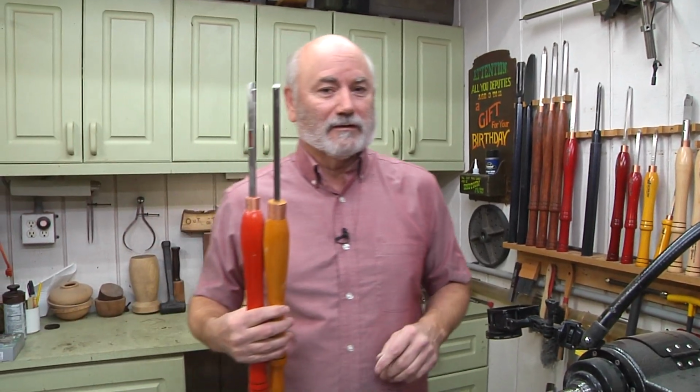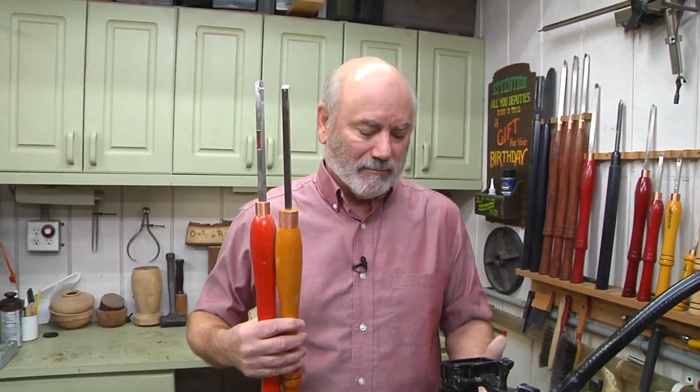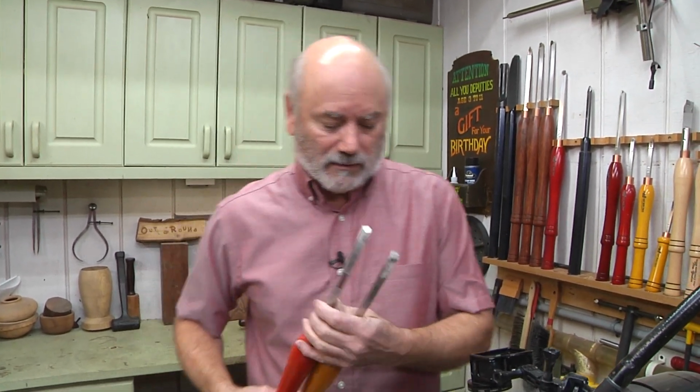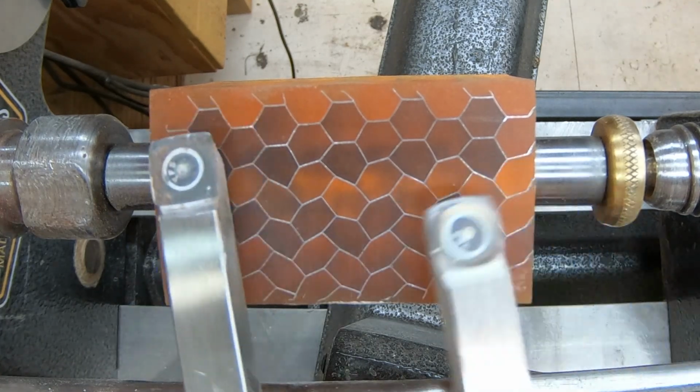Okay, now the thing that we want to talk about is how we're going to turn this. With resin, if you use an edge tool, it tends to want to chip. So if you take a bowl gouge or something up here, you can do it, but it will get a little chippy. Now, Easy Wood has some beautiful carbide tips, but I want to show you the differences here